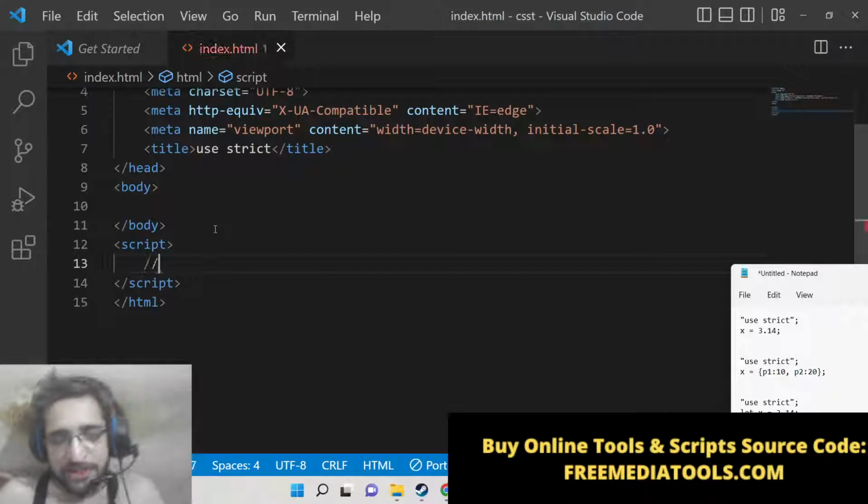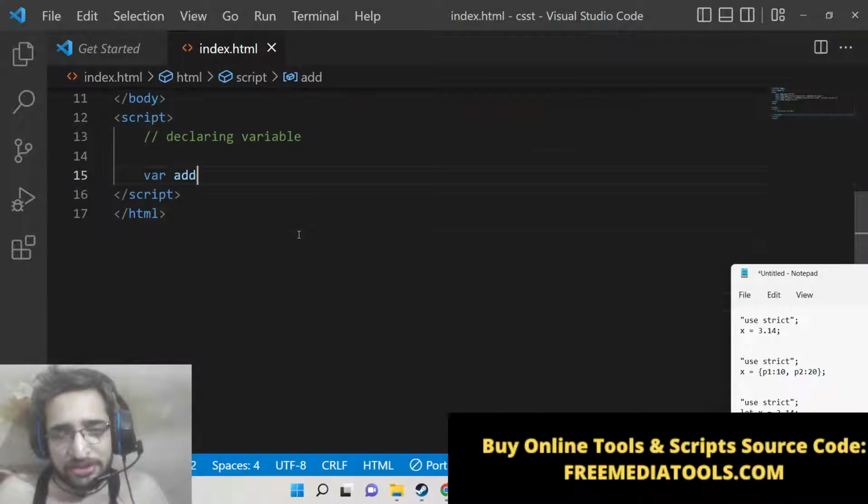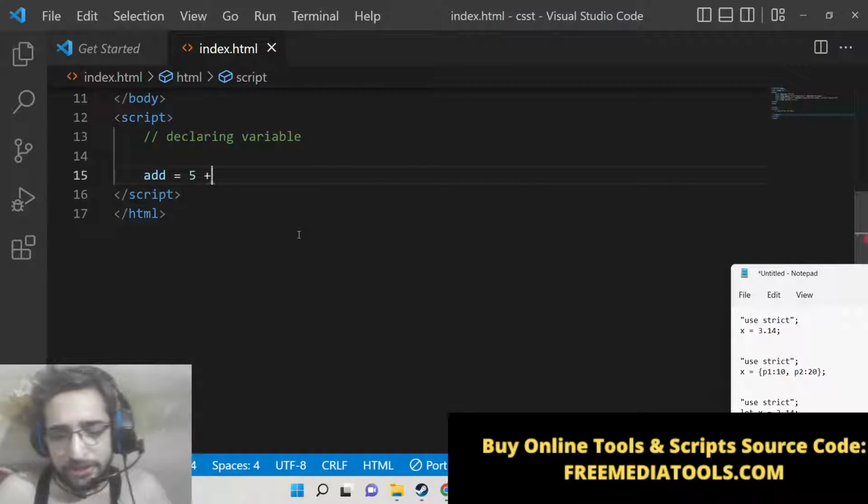Let's suppose you declare a variable in normal JavaScript. How do you declare it? You declare it like this. This is a normal way by which you can declare a variable, with the let keyword, or you can also declare it with the var keyword. In many situations we don't need to put a semicolon here. In many situations when we don't declare the variable, we directly add like this, 5 plus 6,